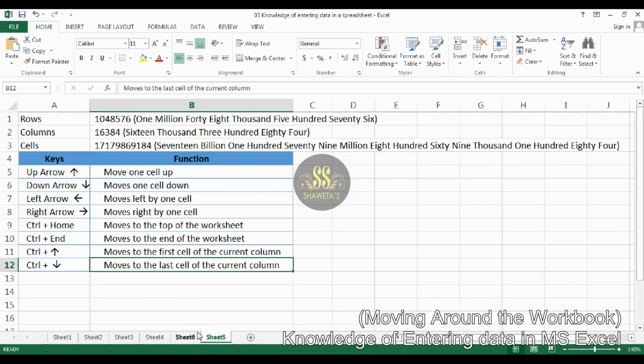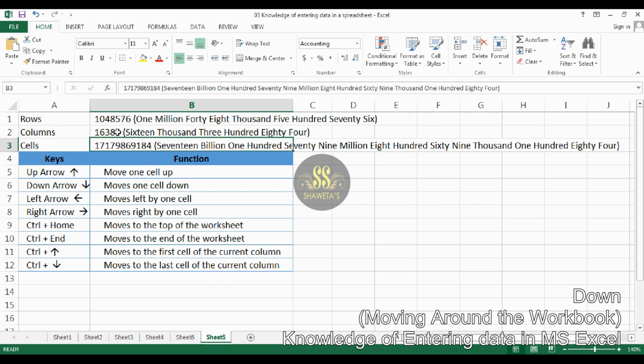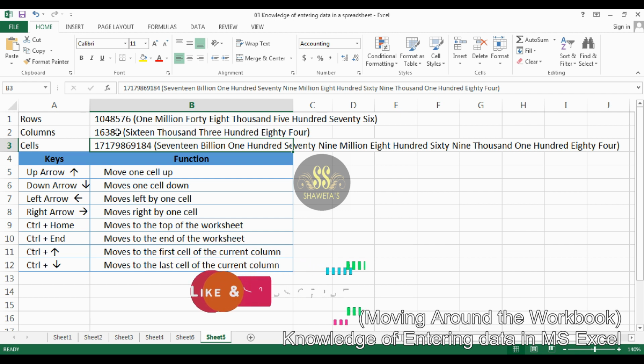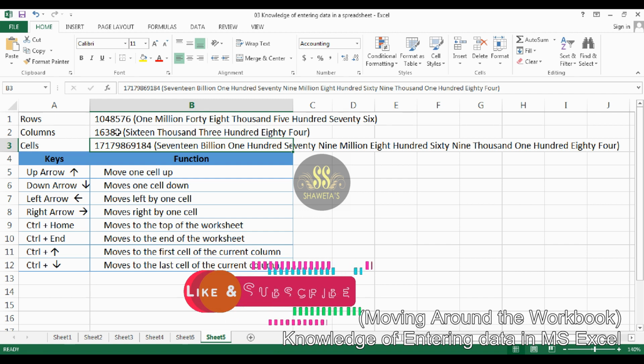Now we will start moving around the workbook. An Excel worksheet consists of 1,048,576 rows and 16,384 columns, wherein each row intersects all the columns, forming 17,179,869,184 cells in a single worksheet.